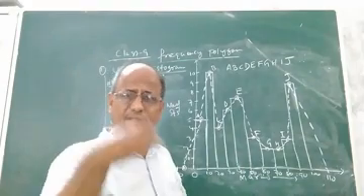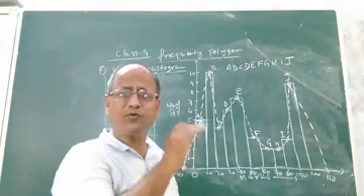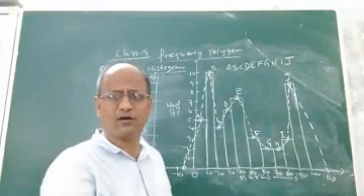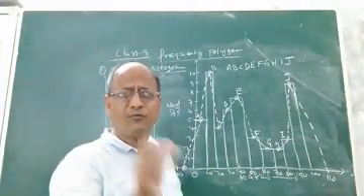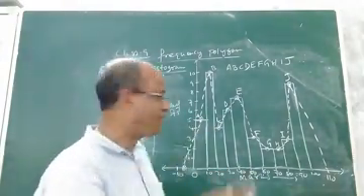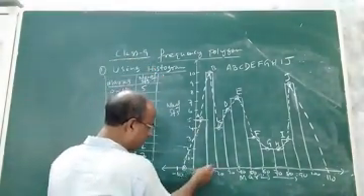Okay, then what is the next step? The next step is we have to close the curve. Now the point is how to close the curve. To close the curve, you have to find two imagined class intervals. What is an imagined class interval? You see, 0 to 10, look at it.